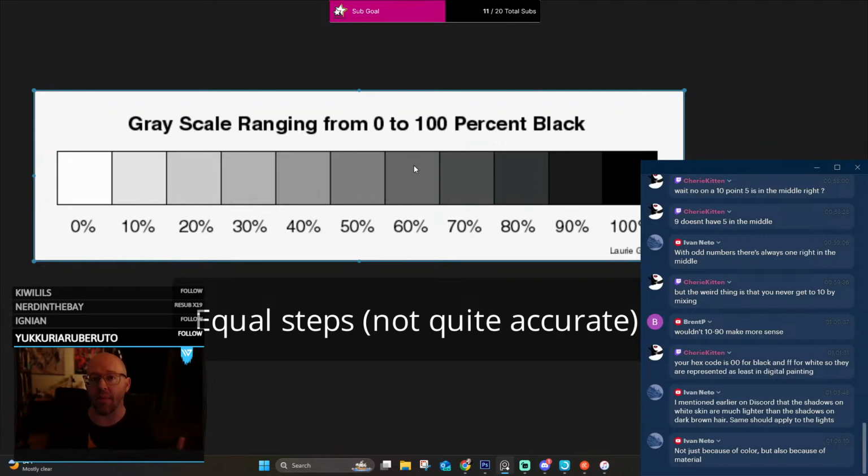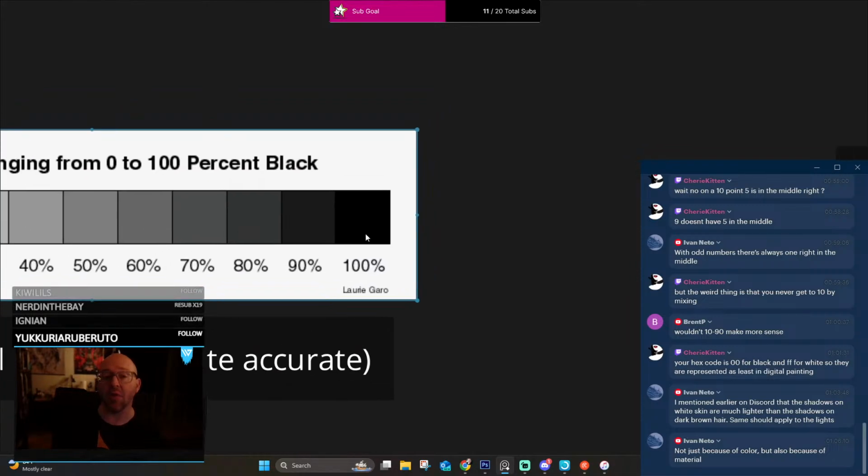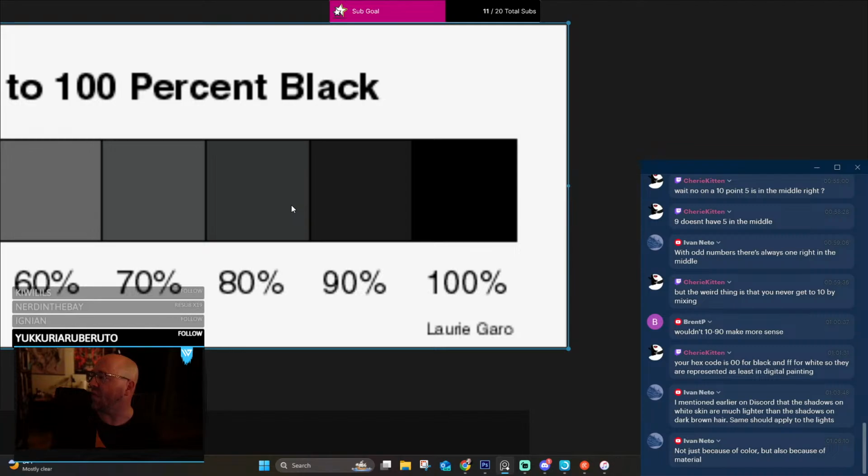And that's where color can come in to help you differentiate, which we'll talk about. But just think of the value scale as something to kind of pick from as a menu of options. You can also, here's a thing that blew my mind, and we're going to look at some examples in a minute. What if this was your value scale? What if 60 was your highlight? And let's say 80 was your midtone, and then the 100 or the 90 was your shadows. As long as you keep these separated, you're fine. Same thing here.